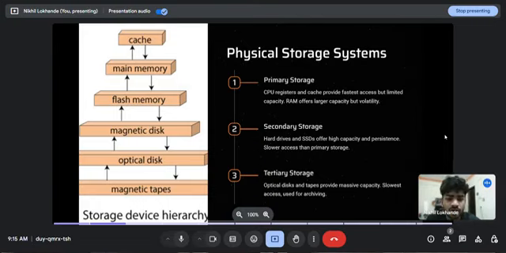Secondary storage: hard drives and SSDs offer high capacity and persistence. But hard drives and SSDs have slower access compared to primary storage. When we talk about tertiary storage, there we have optical discs and magnetic tapes that provide massive capacity. But they are the slowest to access among all of the primary and secondary storage, and they are used mostly